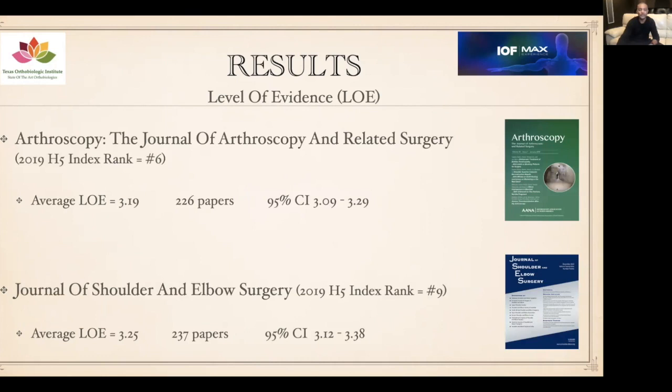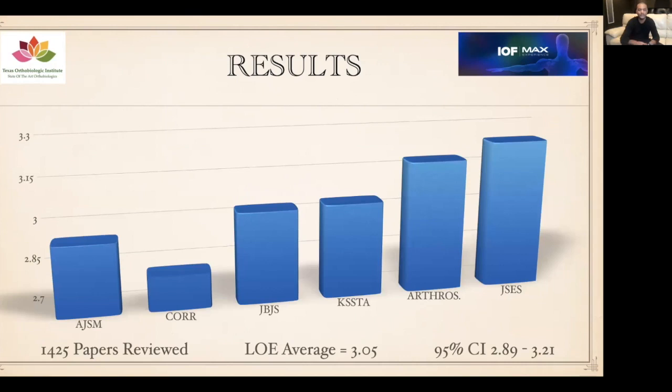So when you put all of those averages together across these 6 journals and look at it graphically, this is what it looks like. Remember, on the left side, the y-axis is level of evidence. So the taller the bar, the lower the level of evidence, as we see in this graphic. So although it looks like there's a lot of variation amongst these 6 journals, when you look at the y-axis, you can see that the low range is about 2.8 up to a high of about 3.2. So the actual range is pretty tight.